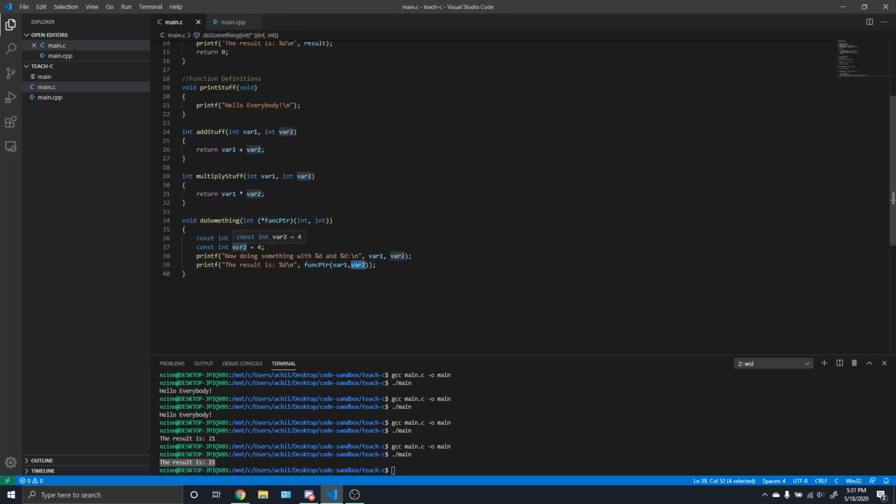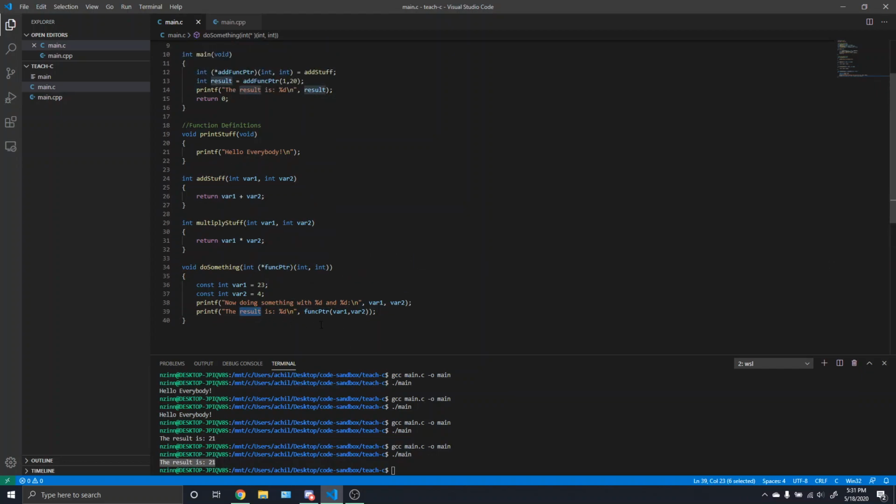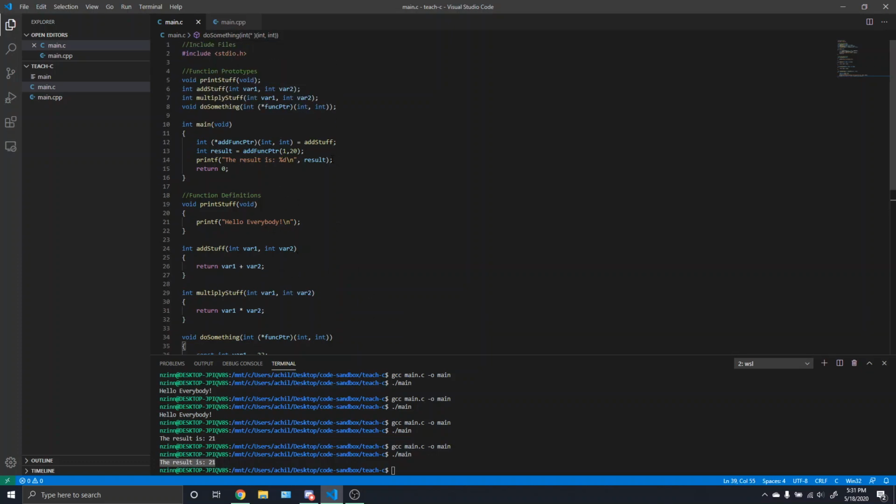So this is how you can make sort of like a dynamic function. This function can do multiple things. It's based on what this function pointer does. So if we passed in add stuff to it, it would print that the result is the addition of the two. If we passed in multiply stuff, it would print the result is the multiplication of the two. So let's test that out. So if we call do something